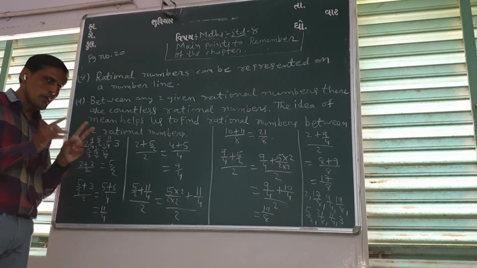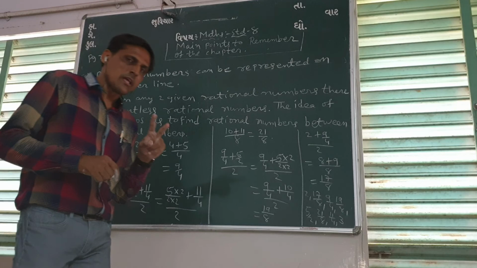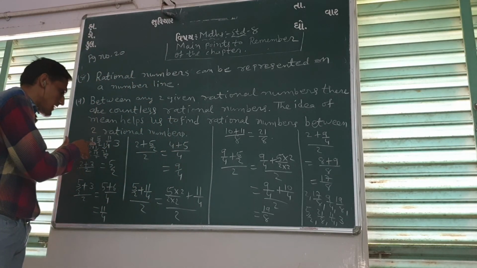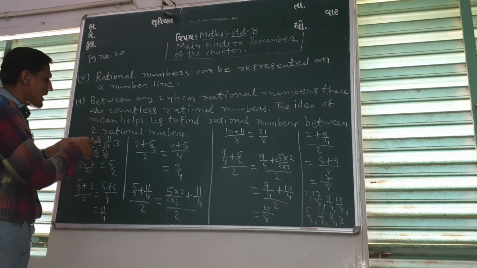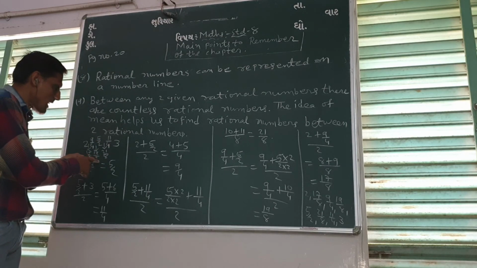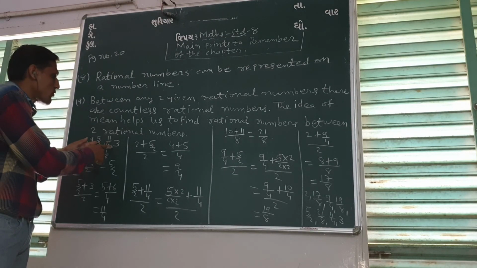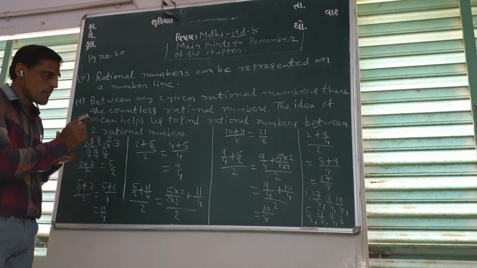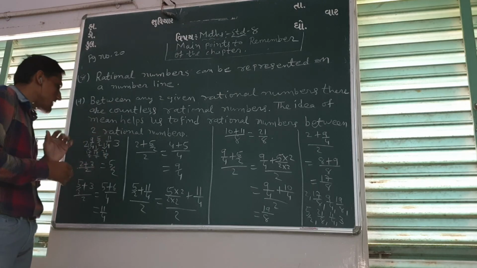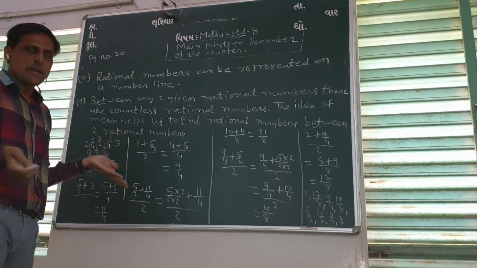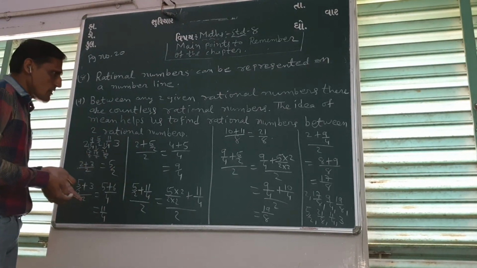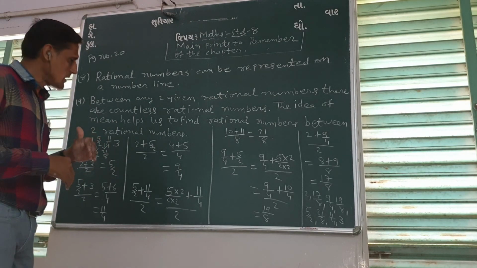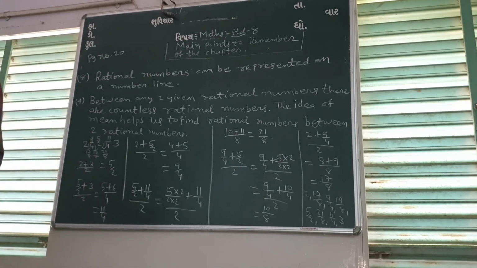इस जो दोनों नंबर के बीच में हमने नंबर फाइंड किया है तो वो दोनों के बीच में मैंने नंबर यहाँ पर लिखा है. जैसे 2 plus 9 by 4 का किया है तो यहाँ पर लिखा है, 9 by 4 और 5 by 2 के बीच में किया है तो वो यहाँ पर लिखा है, राइट? 5 by 2 और 11 by 4 का जो बीच वाला नंबर फाइंड किया है वो यहाँ लिखा है. ओके, और 11 by 4 और 3 का फाइंड नहीं किया. ओके, we can also find that. Okay, so like this way we can also find. This is called mean method, right? Okay, write down this one.